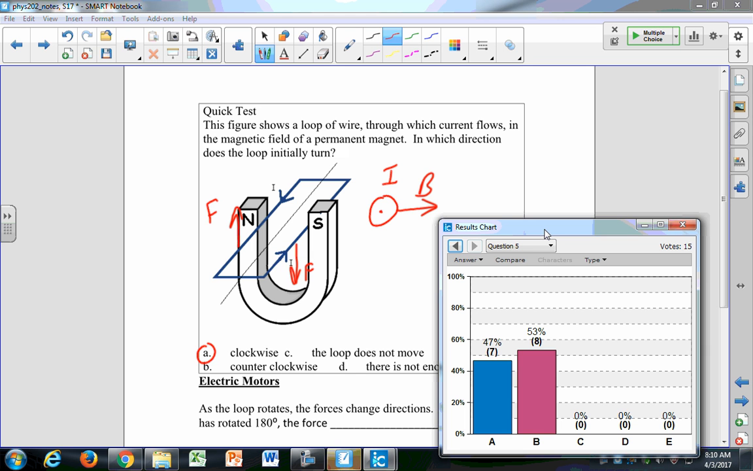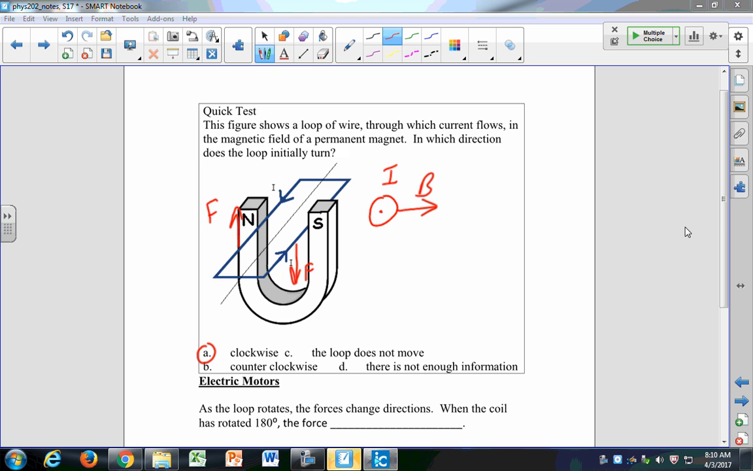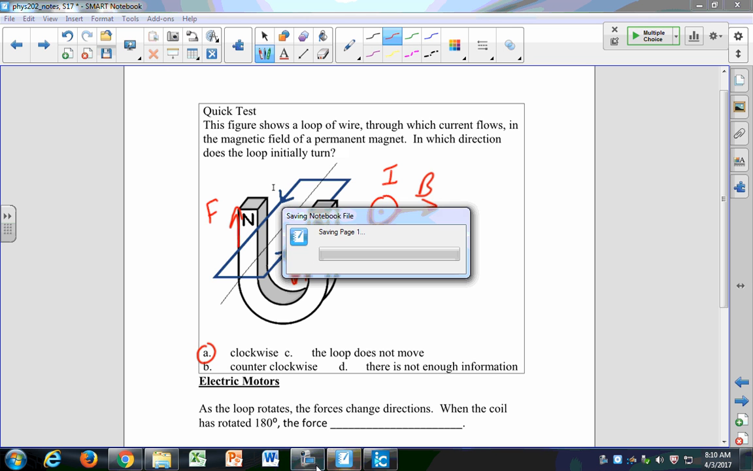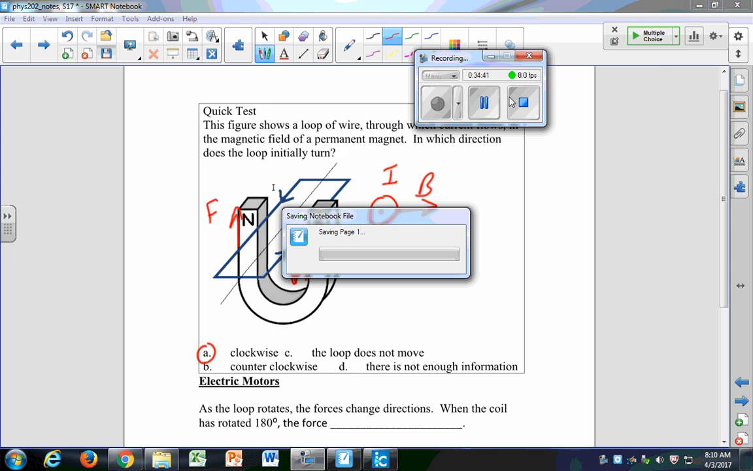Okay? Don't worry about it. We'll do it again next time. But I just sort of want to start to introduce that. We'll look at electric motors and generators next time. All right, so about the